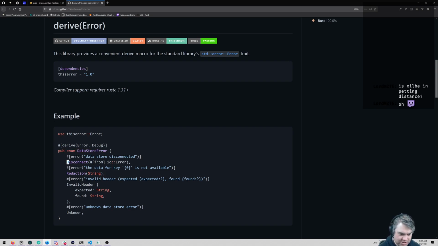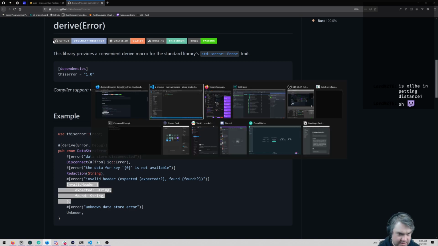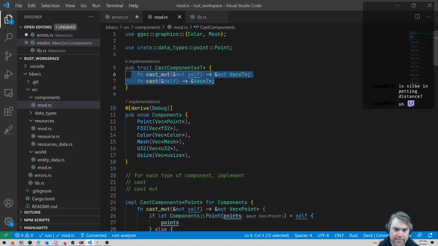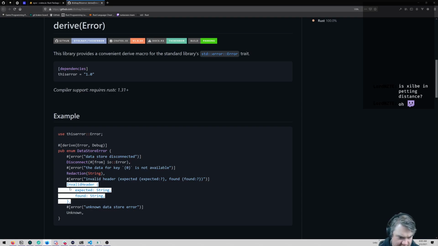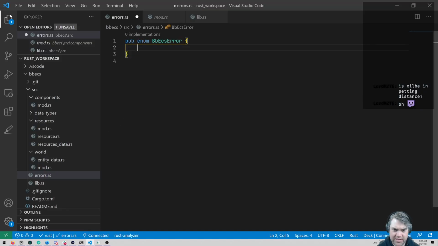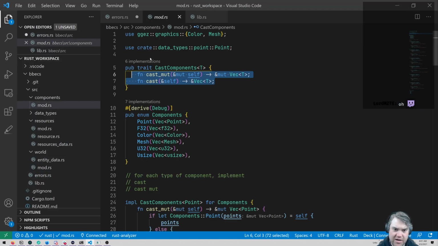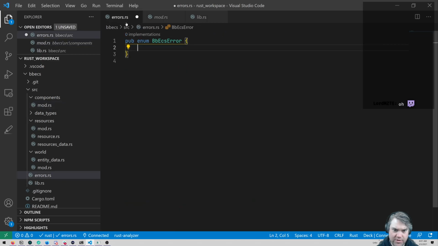Okay, so we can do something like this. This is gonna make it really easy. So this is, is there a good one like valid header? This is really gonna be like the error is casting components.